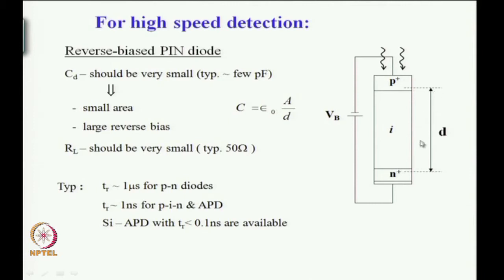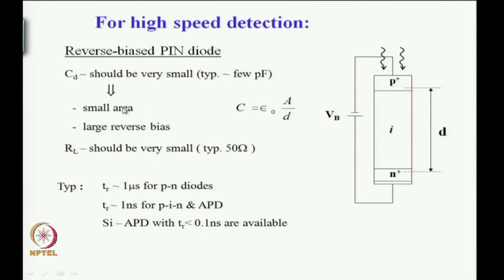So, D is relatively large, which means C is small, and if we make a small area detector, then this C will be further reduced. Therefore, one applies a large reverse bias and takes a small area detector. Typical area is 0.1 or 0.01 millimeter square for small area detectors,